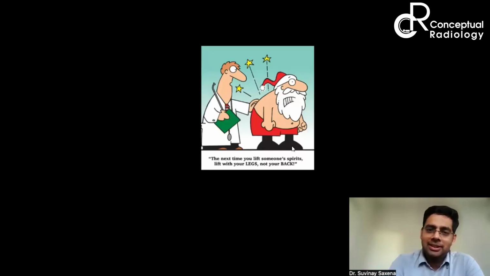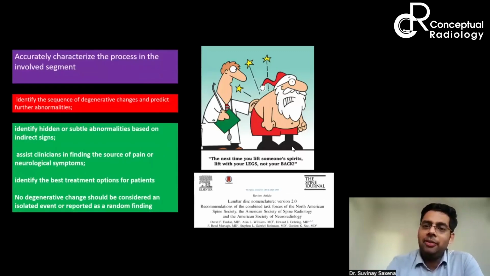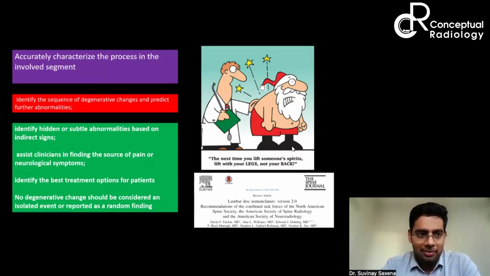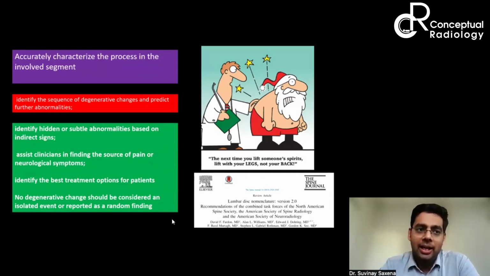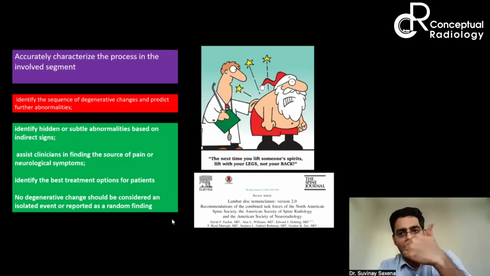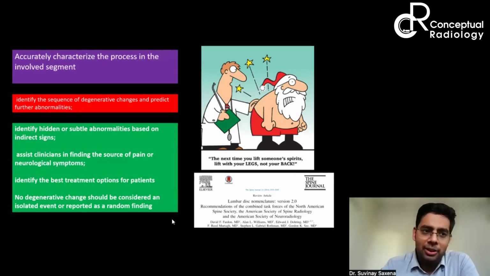So अभी क्या है Christmas season है, lot of back pains, right? What is our goal when we talk about MRI spine? We actually want to characterize the process of the involved segment. We should identify how degeneration is really happening, and then predict what is going to be the future course. Our goal is to identify hidden or subtle anomalies, assist clinicians in finding the source of pain, or assist